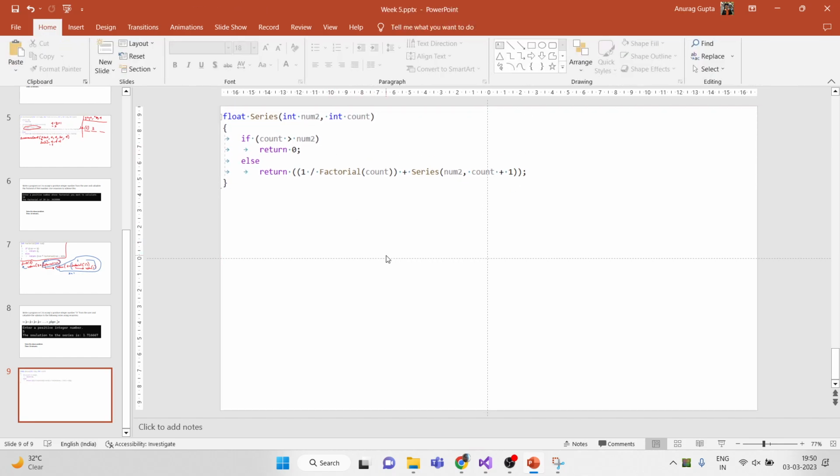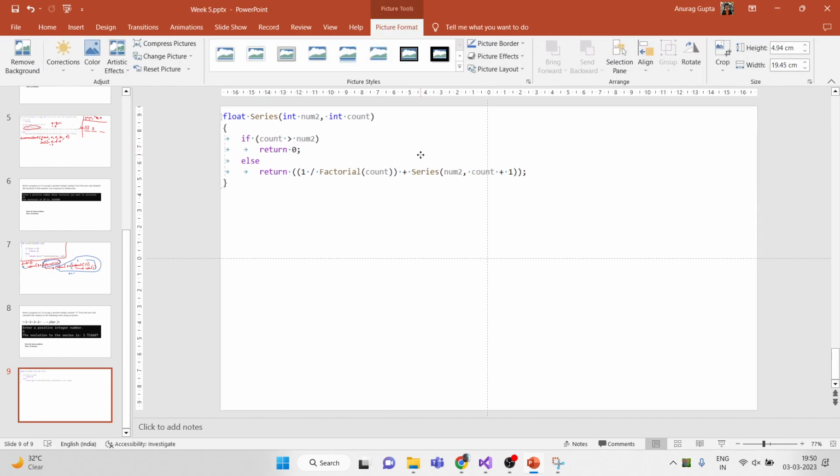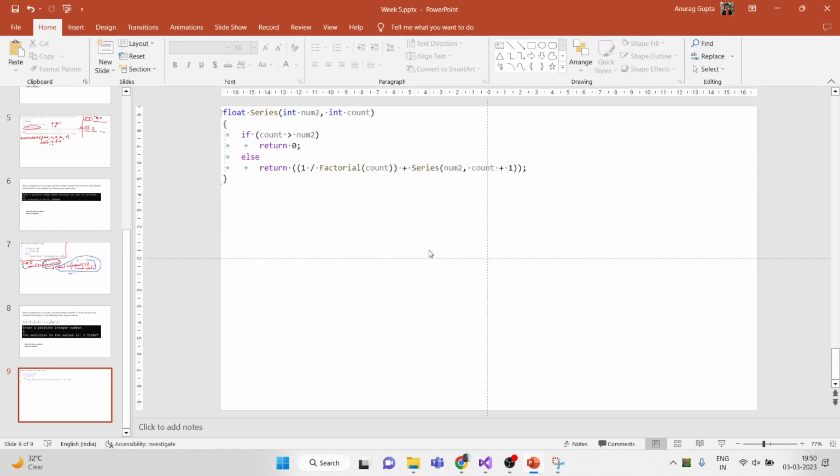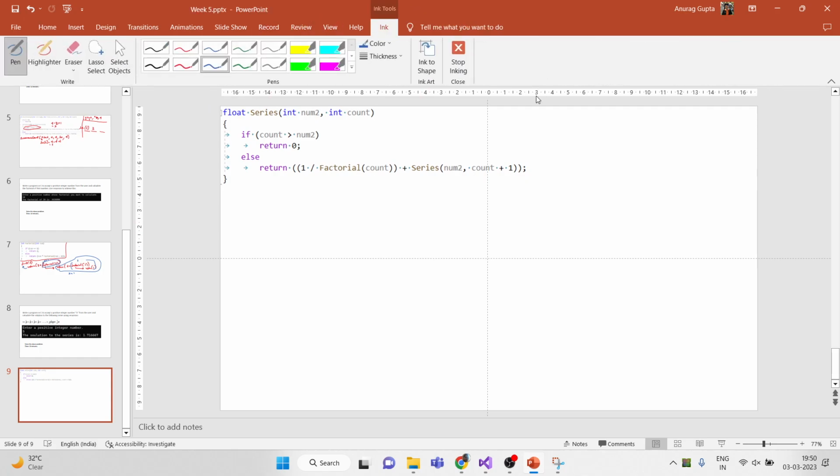So I have solved it slightly differently, but that doesn't mean that what you guys have posted as the solution is wrong. It doesn't mean that. We can approach the same problem in different ways. I've approached it in a slightly different way. Mine might be slightly more complicated, but it will give you a general idea